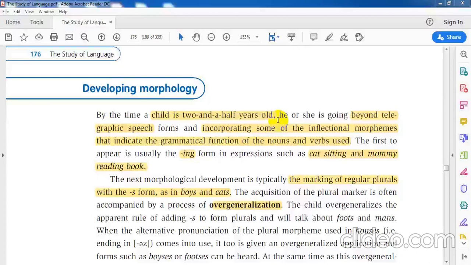Hello everyone. Video 3 in chapter 13 is designated to uncover some remarkable notes, precisely the development of morphology, the development of syntax, and the development of semantics in the process of children acquiring their first language. Before I proceed to describe these items that are supposed to be covered today, I'd like to remind you